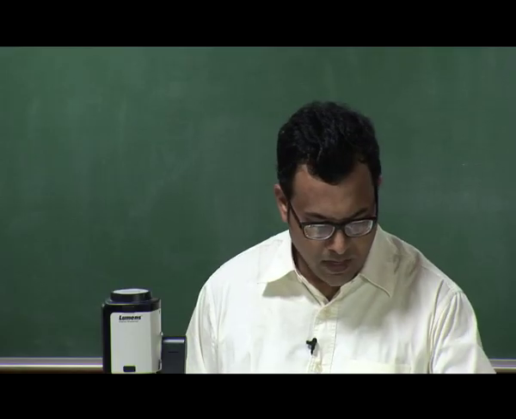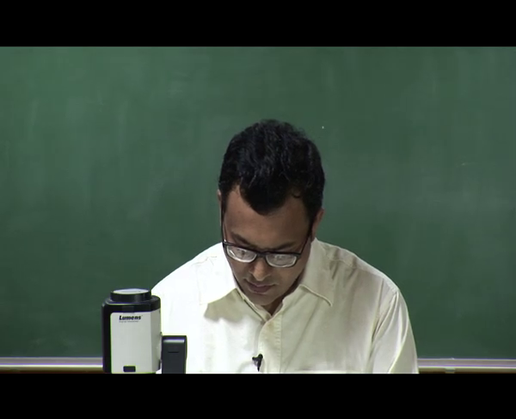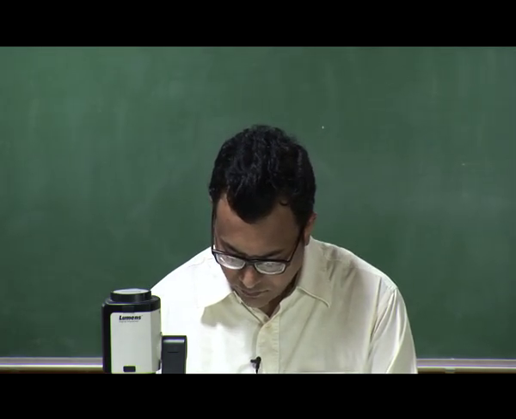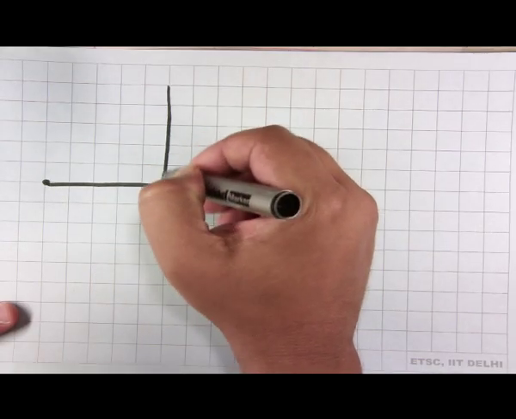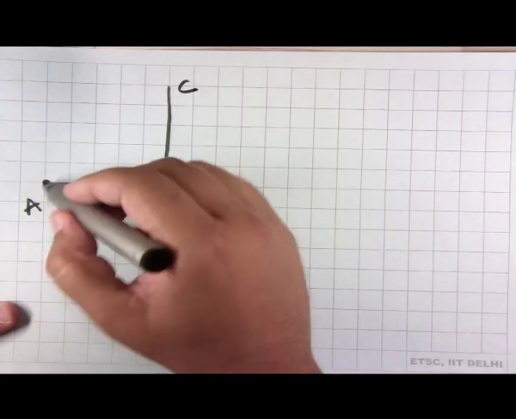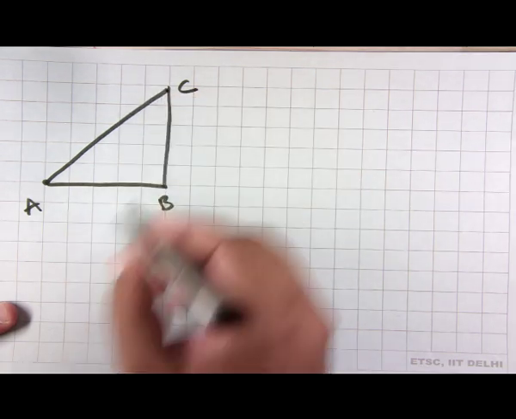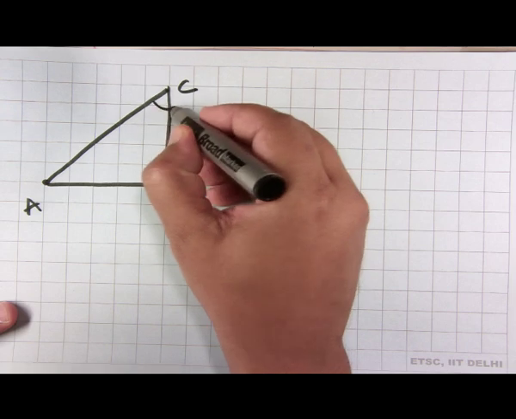So, for example, if I were to consider, let us say, the same right angle triangle again, but instead of considering this angle, if theta were to be